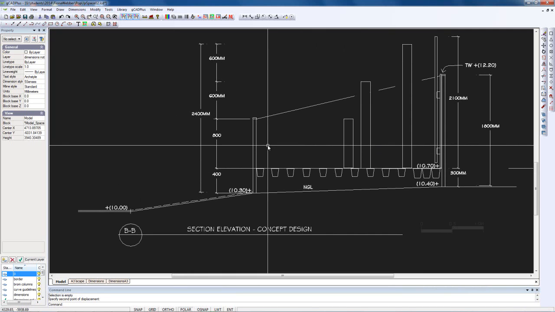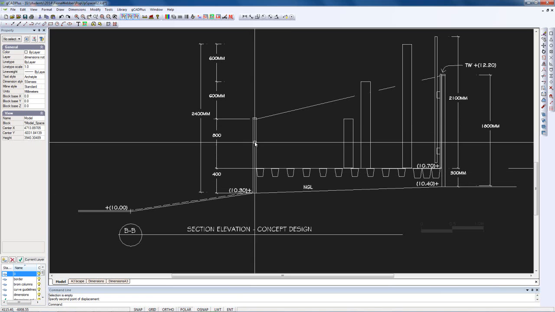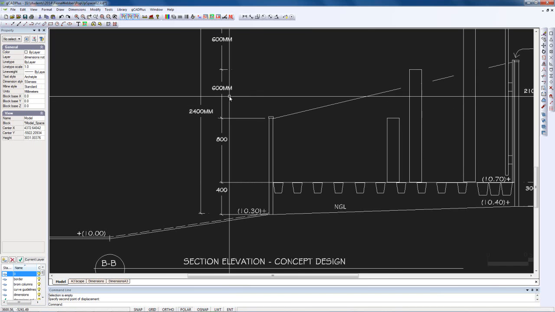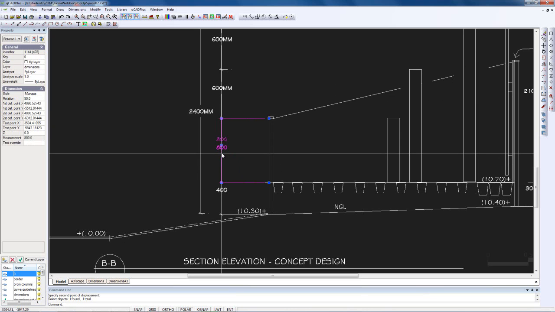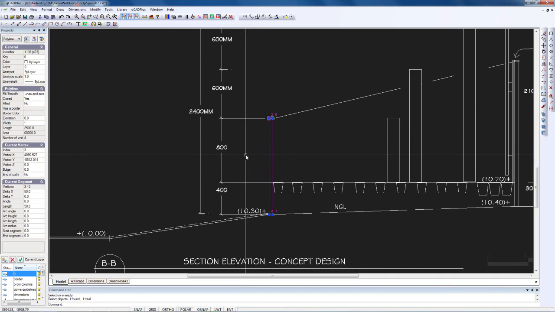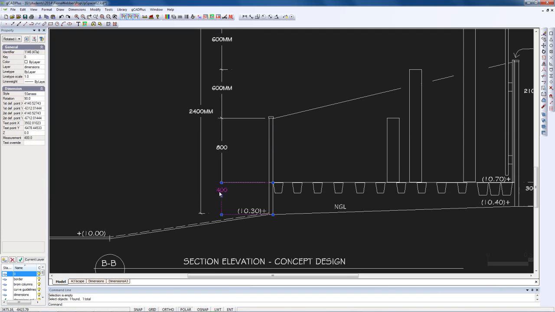I haven't, but the designer of this platform has used a dimension style to set information about posts and gaps and total height and so on. And that's been done over here. So if we click on this dimension, I could trick it and prove it by centering that 800. The 800 comes directly from the model, and the distance from one endpoint to another, as does the 400 down